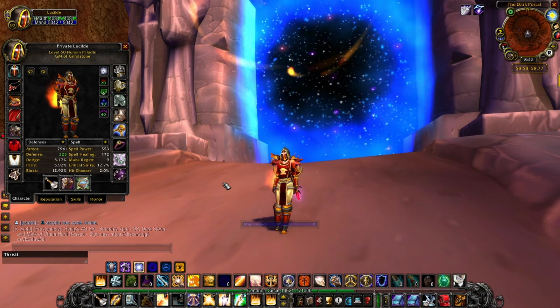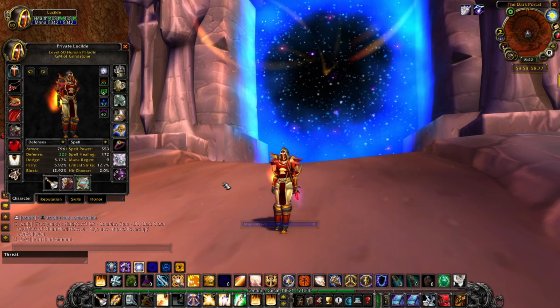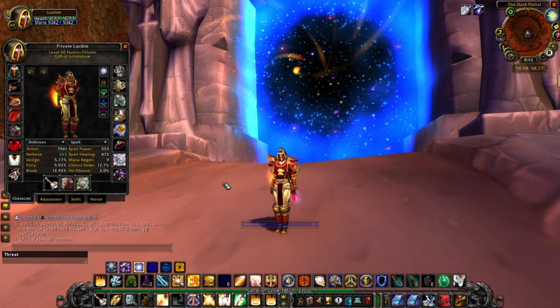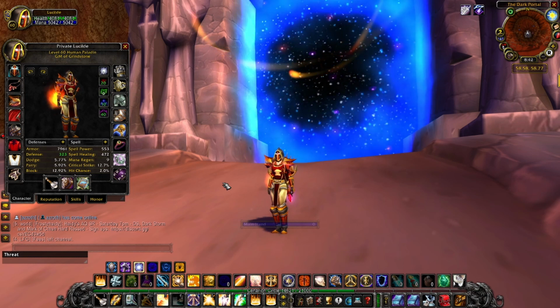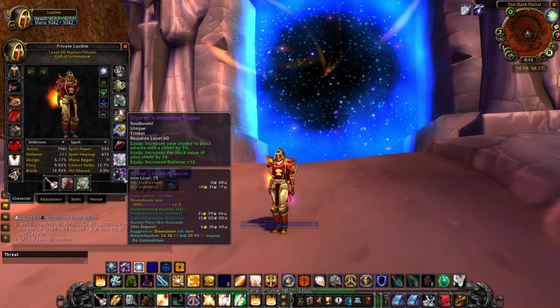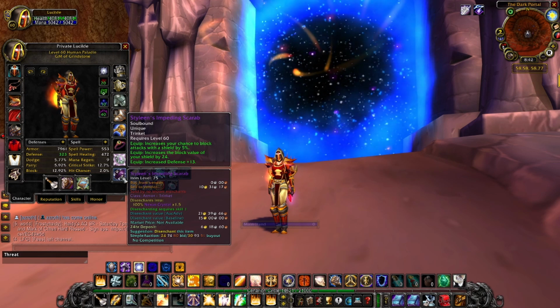Today we are going to be discussing 5 powerful items that I believe every Paladin should have going into the Burning Crusade. This is in no particular order, but every item on this list is incredibly powerful in its own right and usage. First, for anybody that is going to be a Protection Paladin going into TBC, I highly recommend